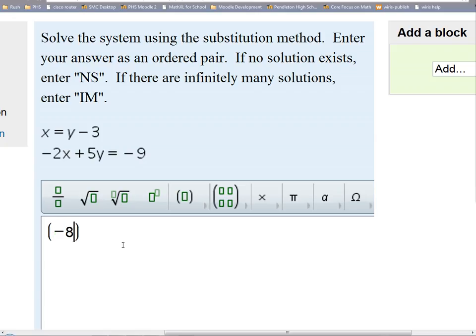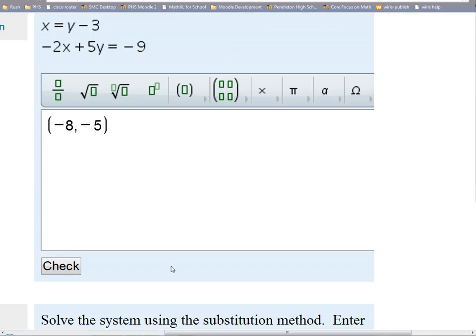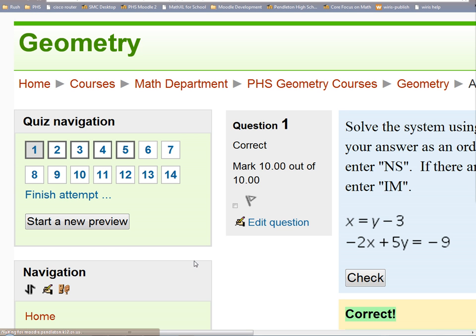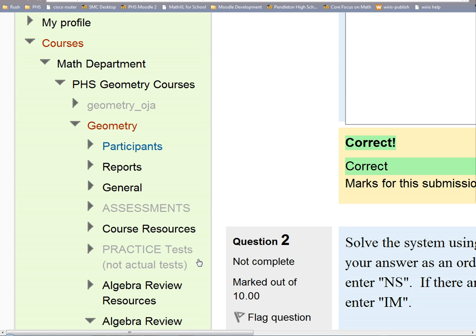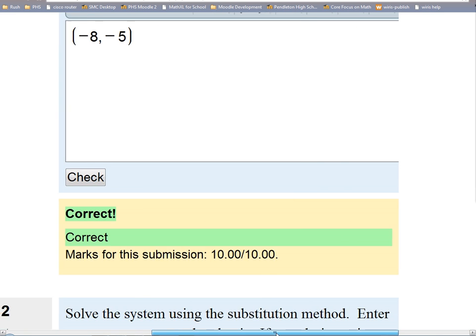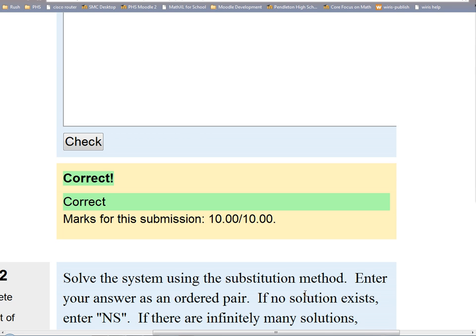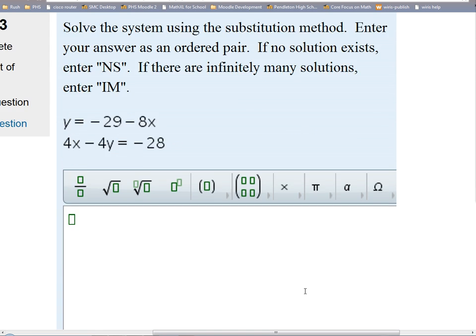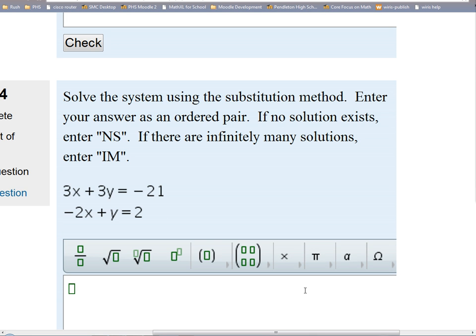-8, comma. We said -5, is that what it was? Okay. Did it work? Yeah, it worked. Good. Okay, so we got it. So there's one like that. Now let's take a quick look down at